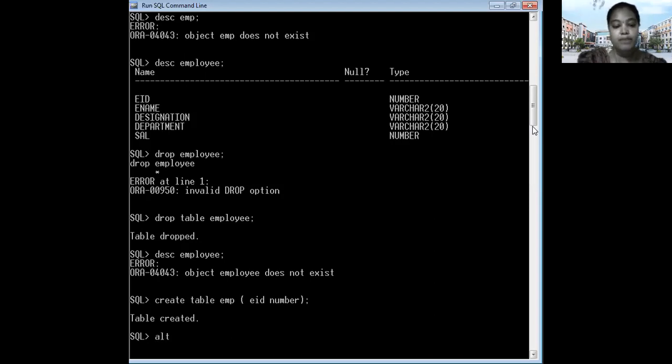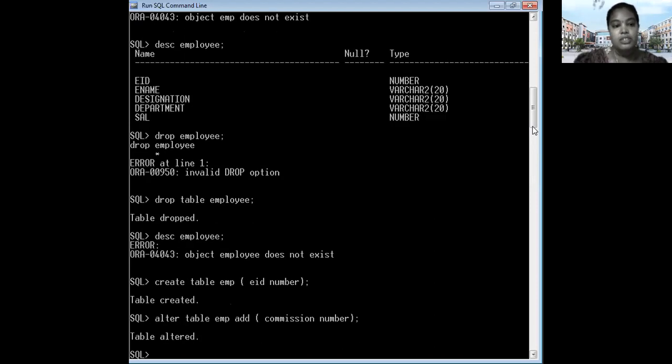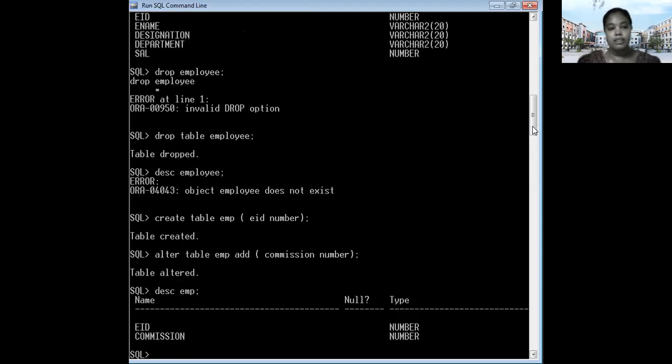Alter table employee add commission, data type number. Table altered.